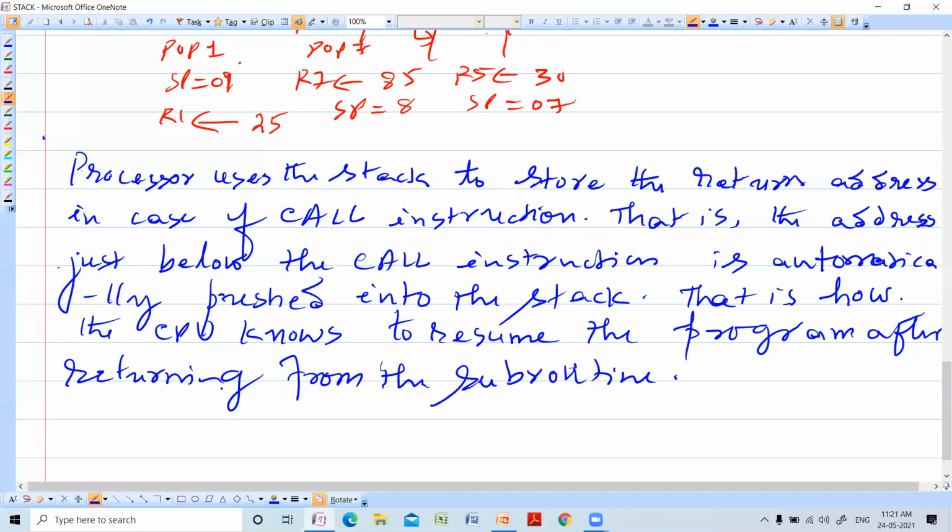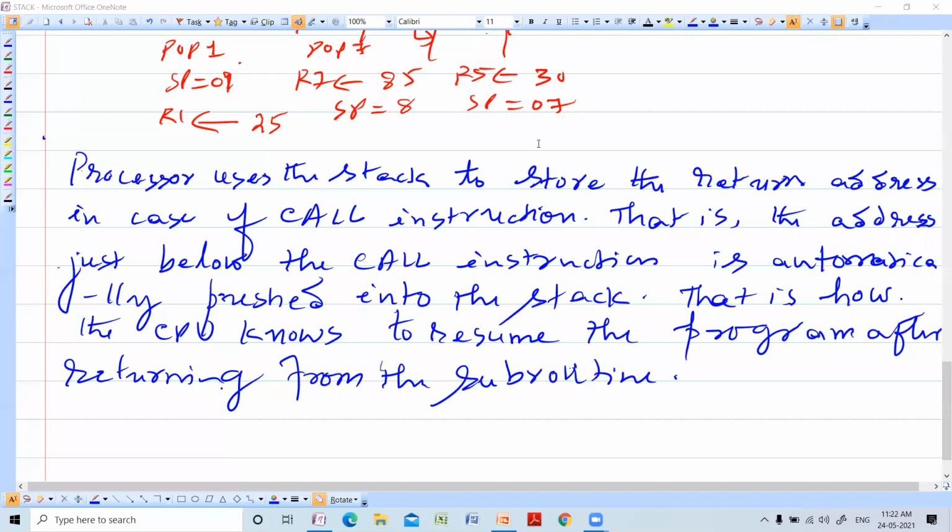Then we have seen why we always increment the stack pointer. First point is, if you decrement the stack pointer, we may have a threat of running out of the stack space. We should always be within 0 to 7F. So that is the reason why we are always incrementing.